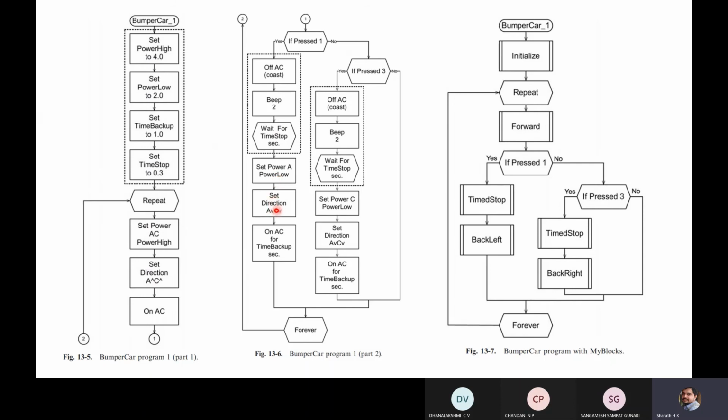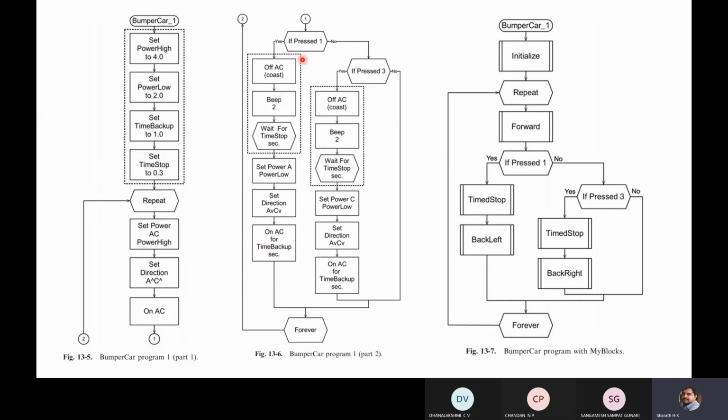Next, direction. Earlier it was moving in forward direction. Now it will move in reverse direction because in front of the robot there is an obstacle and it cannot move further. If it moved further in forward direction, that would damage the robot. After setting the direction, you are once again switching on motors A and C, and the robot will move in reverse direction for 1 second. Time backup is fixed as 1 second.